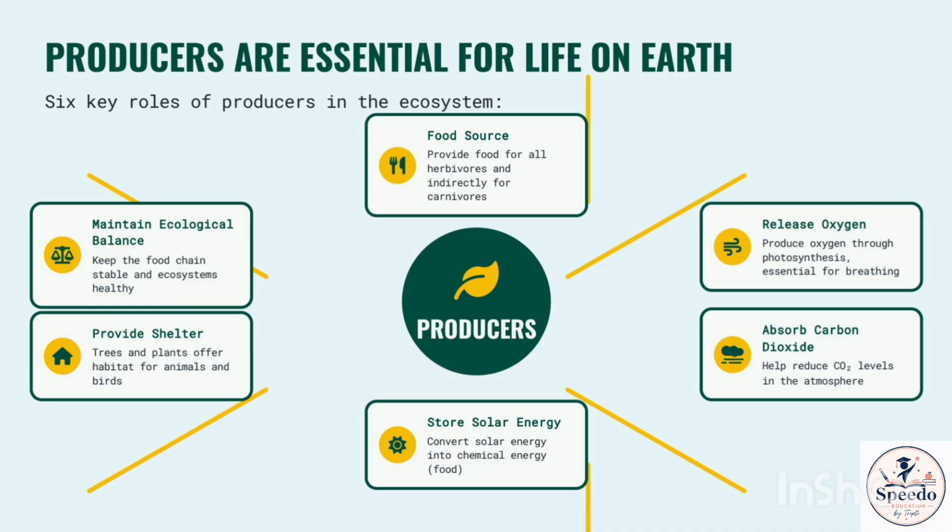Let's understand the role of each one. Sunlight is the primary source of energy. Without sunlight, photosynthesis cannot take place. Water is absorbed by the roots from the soil and transported to the leaves through the stem. Carbon dioxide is taken in from the atmosphere through tiny openings on the surface of the leaf called stomata.